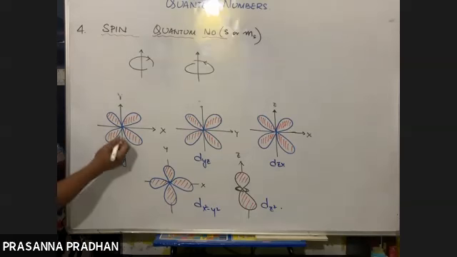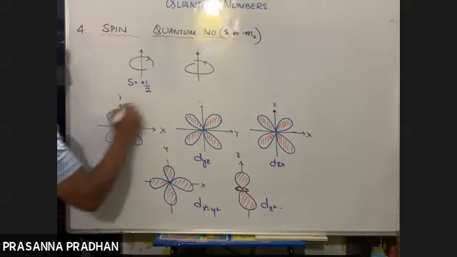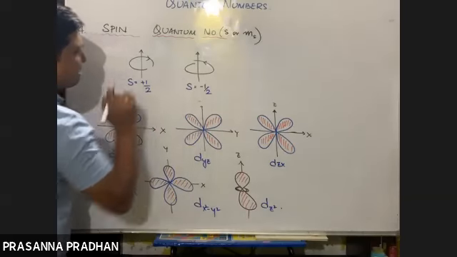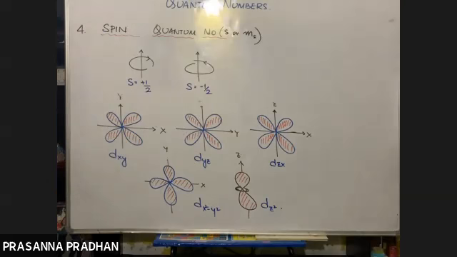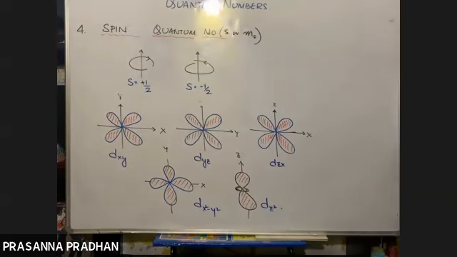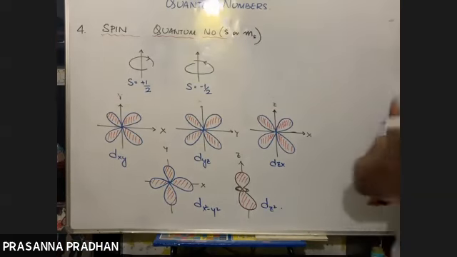So depending upon the nature of rotation, whether clockwise or anti-clockwise, these are the possible values of the spin quantum number of an electron. S can either be plus half or minus half. So how many spin quantum numbers are there? There are two: plus half and minus half, depending upon the mode of rotation. And remember, this spin quantum number is independent of the other three quantum numbers.